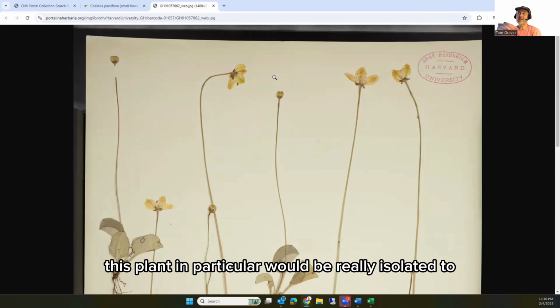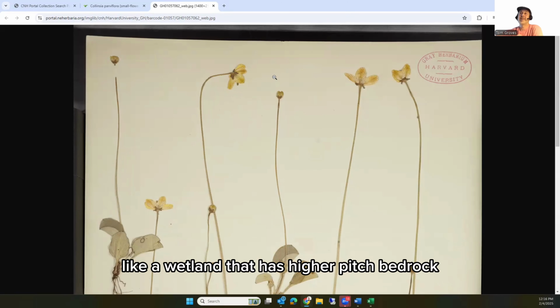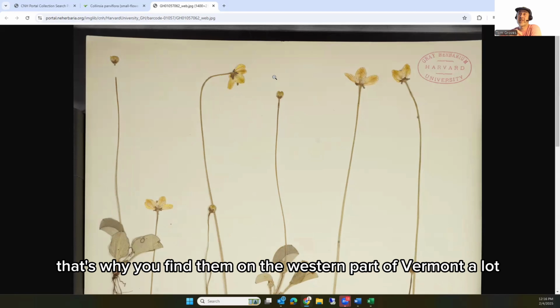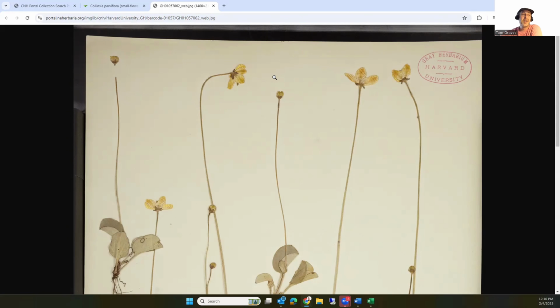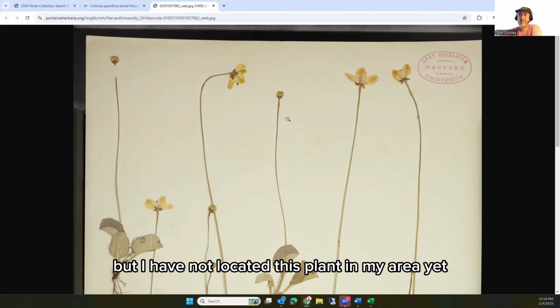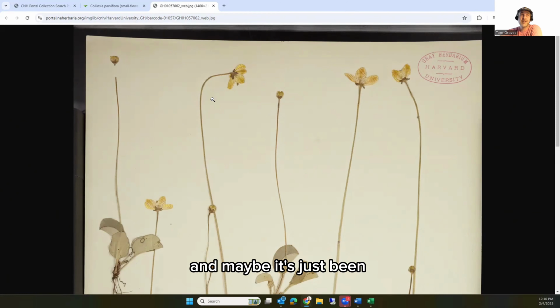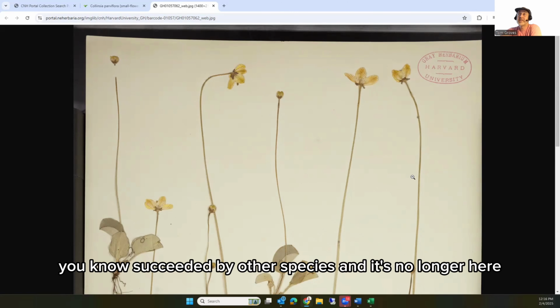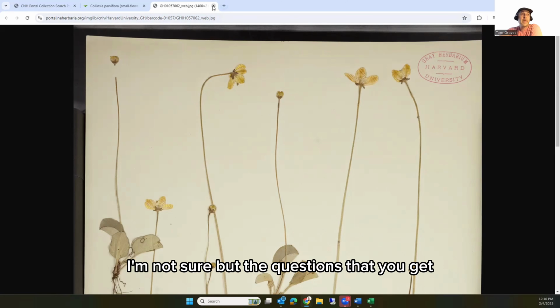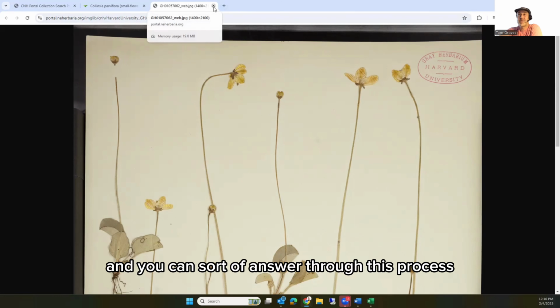But this plant in particular would be really isolated to a wetland that has higher pH bedrock. That's why you find them on the western part of Vermont a lot. But I have not located this plant in my area yet. And maybe it's just been succeeded by other species and it's no longer here. I'm not sure. But the questions that you get, and can sort of answer through this process, are really